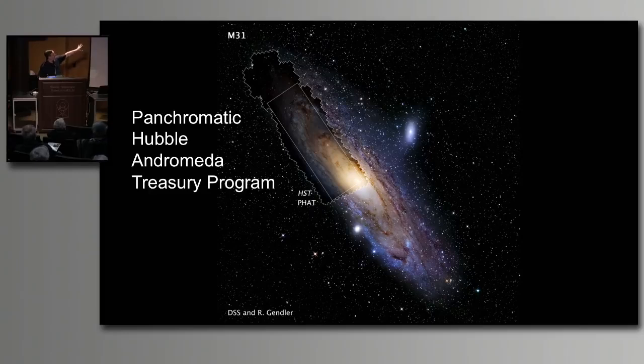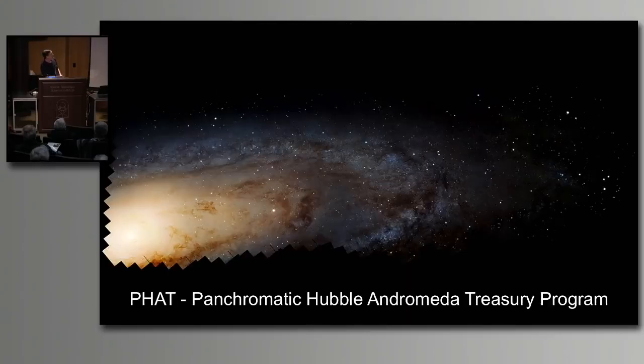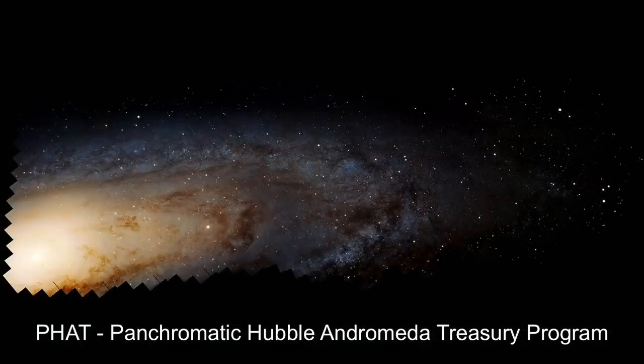So the Panchromatic Hubble Andromeda Treasury Program was the largest image mosaic we've ever produced. Okay. If I go to the next slide, here you go. Here's the fat image. It was like 52,000 pixels this way, by like 20,000 pixels this way. The full image was like 1 billion pixels. All right. And this was like 420 observations with Hubble, different fields in the observation, amazing, huge.